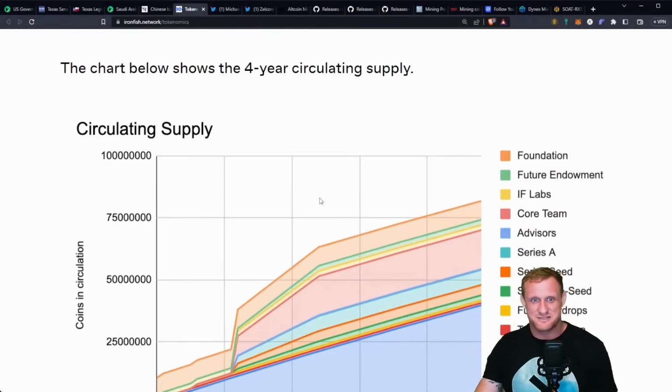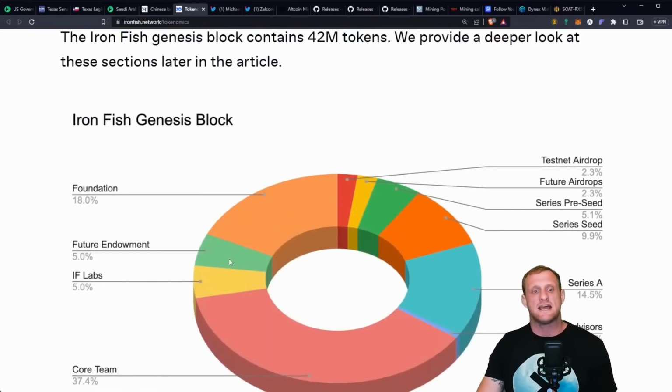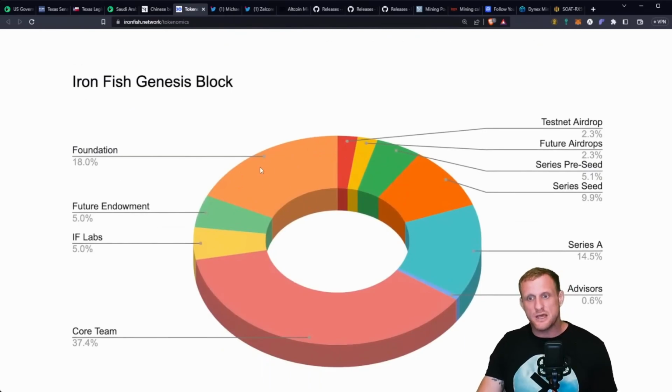The chart below shows the 4-year circulating supply. By the way, if you want to go over each one of these, just know a majority of these, let's take out the Series A investors, the Series Seeds, airdrops, this is all standard VC type stuff, right? Let's just get rid of all of this. The rest of this cut is basically all the same thing, which is the Ironfish team. So you've got 18%, 23%, 28%, plus the 37.4%, way over 50%, over 60% of the Genesis block goes directly